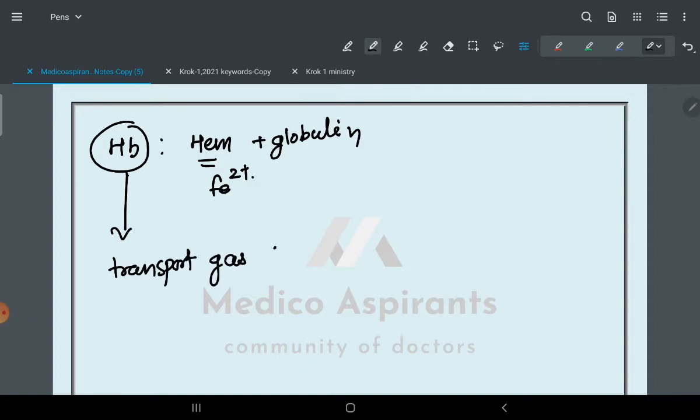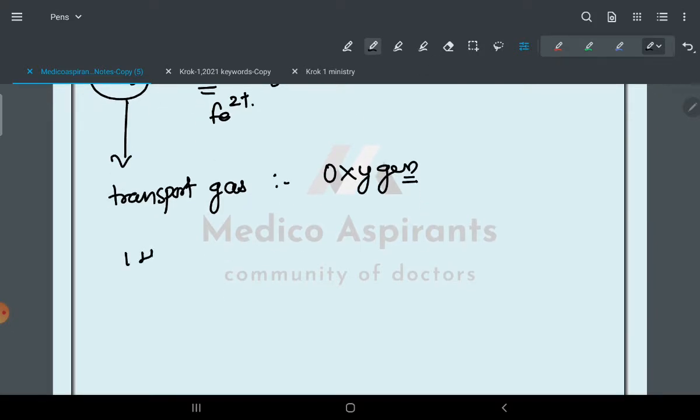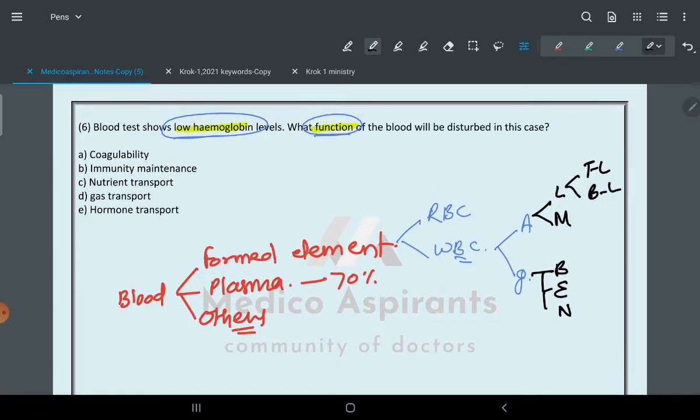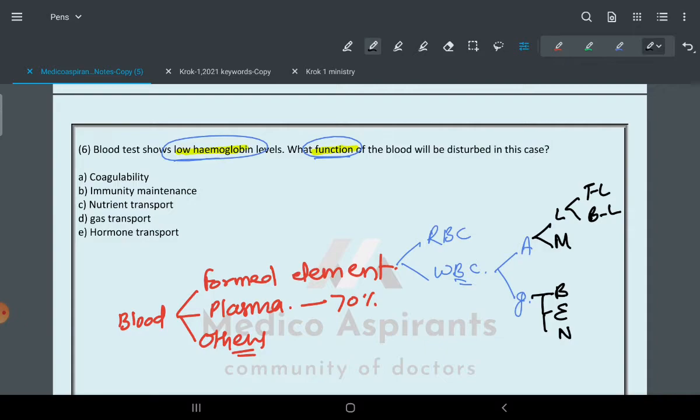Which kind of gas? That is oxygen. Now one hemoglobin molecule transports 4 oxygen molecules. Okay, so in the question section, what I recommend you to remember: every time, coagulability is associated with the thrombocyte